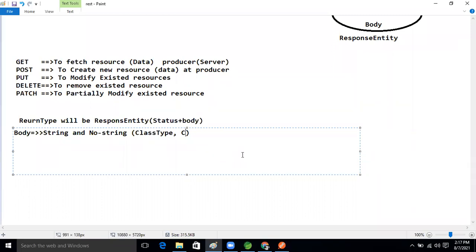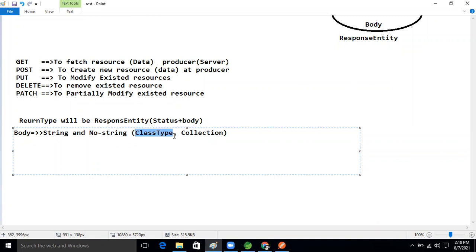Class type is nothing but object type, and here we also have collection type. We can send these in the body. String is nothing but text type.